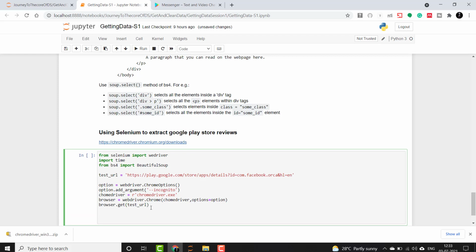Now I will instantiate HTML source and say browser.page_source. So what it will do is load the page source, and I'll close the browser.